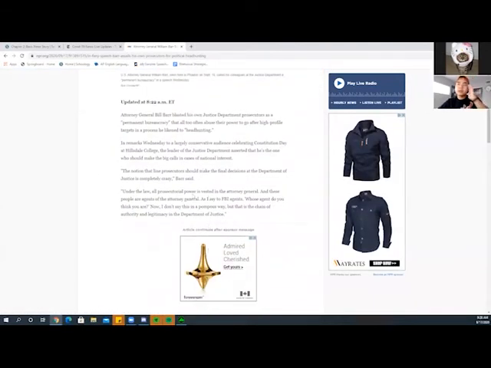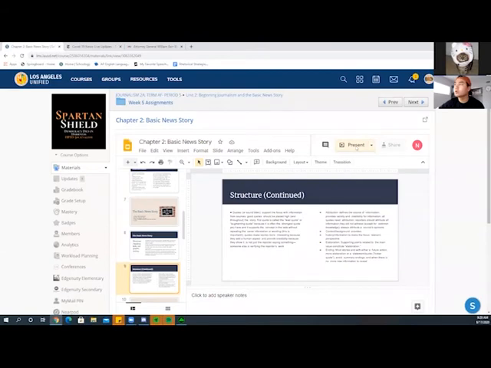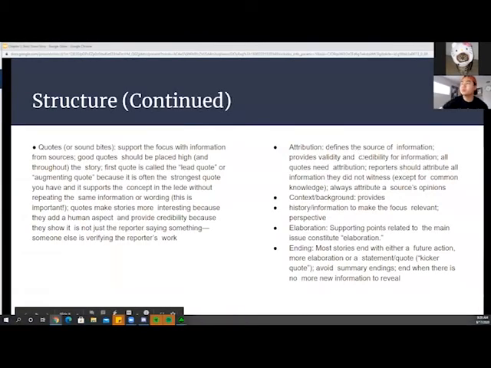So if you look at this, we have quote, and we have our attribution. We know Anthony Barr, the Attorney General of the United States, said it. So anytime we have quotes, we have attributions. Then we give context, background, history of events. We have elaboration, which gives supporting detail, and we have an ending that gives either the